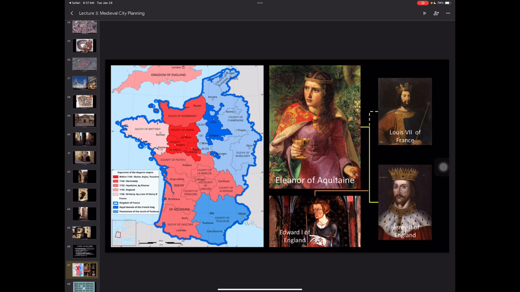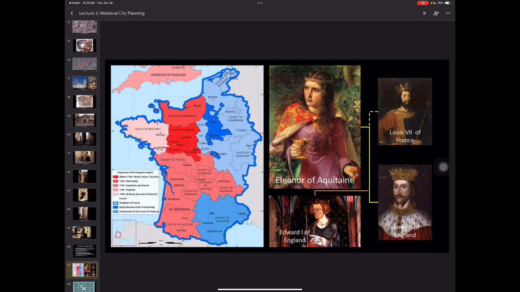And so she marries King Louis VII of France, and now this becomes the entirety of the French kingdom at the time. Now eventually, things go sour between them. She can't give him a son, and as it usually goes, he divorces her, finds someone else to give him a son, and her lands are actually given back to her. So France goes back to just being this upper portion here. And now she is, again, a single woman with all of this territory, which is a problem during this time, right? Because it meant that you were likely to get abducted and forced into marriage. So the easiest thing to do was just find your own marriage to go into.